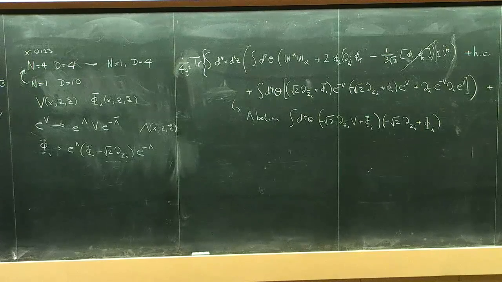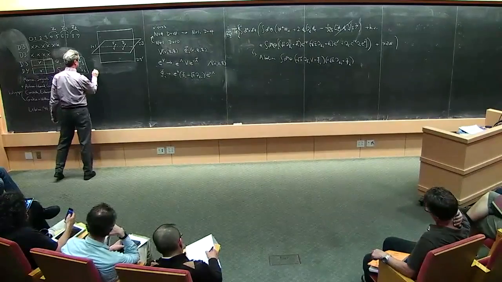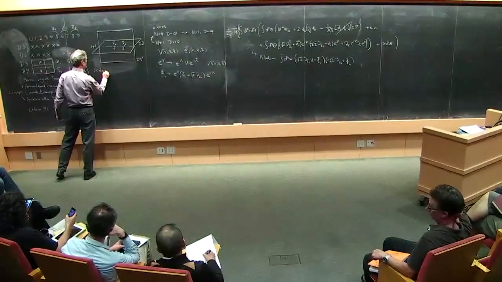So these two components start life as gauge fields, but when we go back to the D3 system, they become scalars, and they're SO4 partners of these. So these and these become, in the system of interest, scalars with an SO4 symmetry,